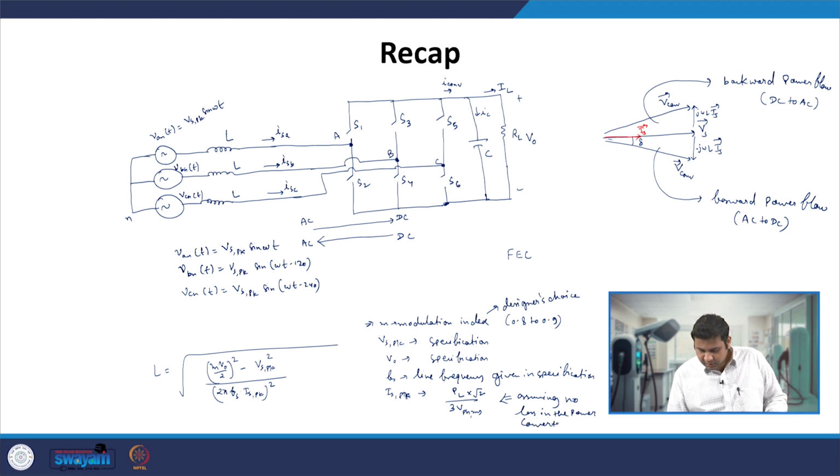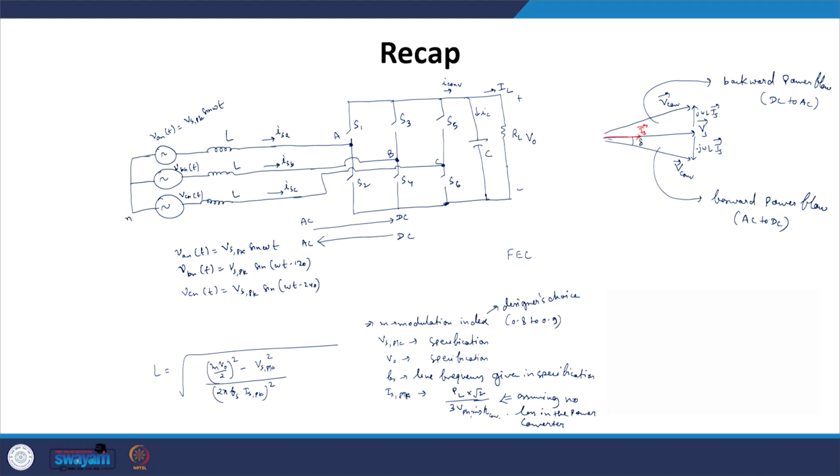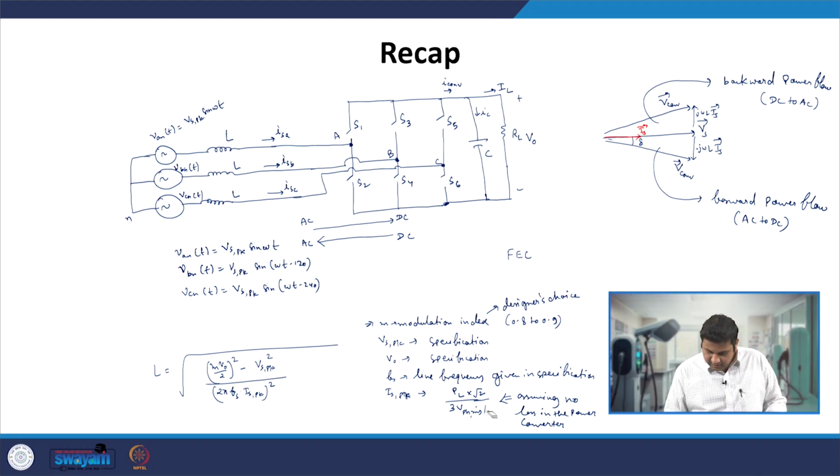In the other case, you can also take some efficiency term, and that efficiency term we can write in the denominator. We can write some estimated efficiency, let us say eta, the eta of the converter. If we assume no loss, then we can just take this relationship to calculate the IS peak, and from there we will calculate the L.